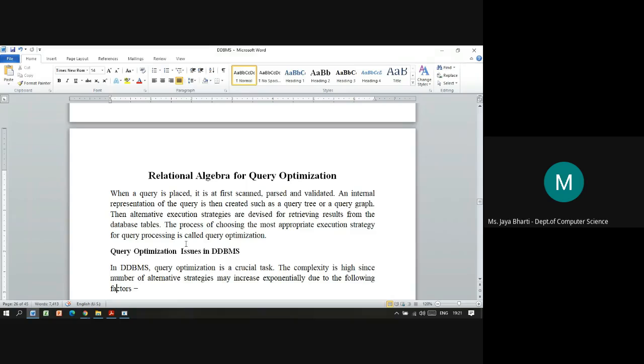After that, alternative execution strategies are devised for retrieving results from the database tables. The process of choosing the most appropriate execution strategy for query processing is called query optimization.